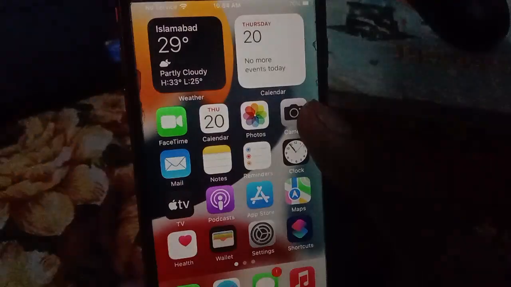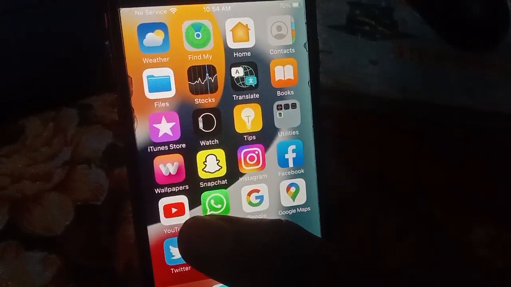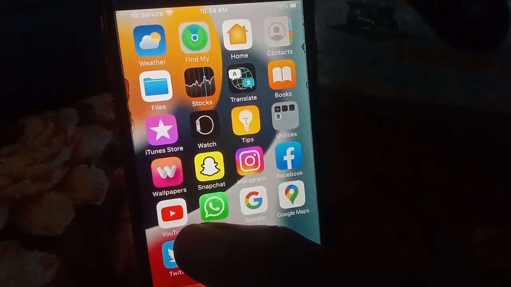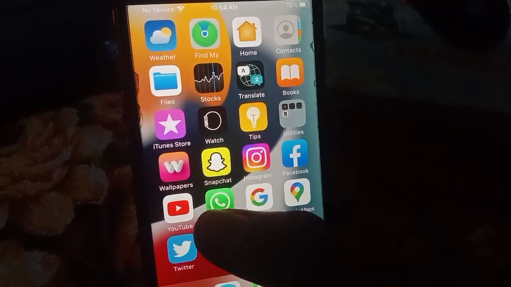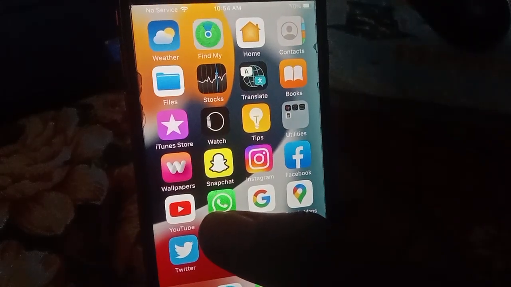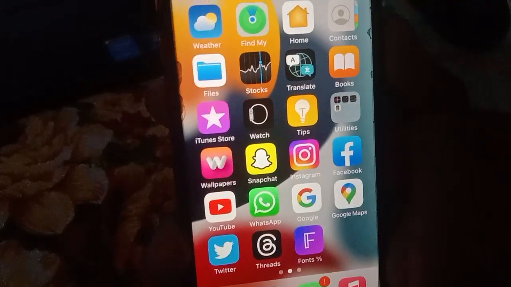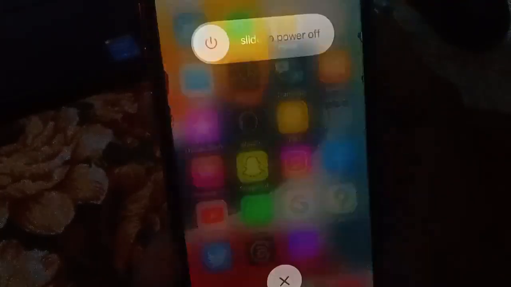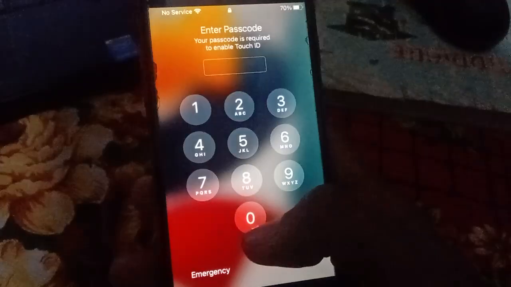Restart your iPhone to get rid of the iPhone camera not working. Simple reboot or force restart iPhone. So first of all, restart: press the back button until you see the Apple logo, then click and slide up the power button and wait a few seconds until it turns on. Okay, then